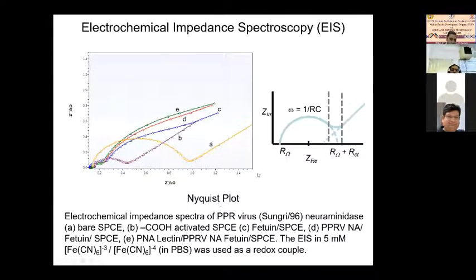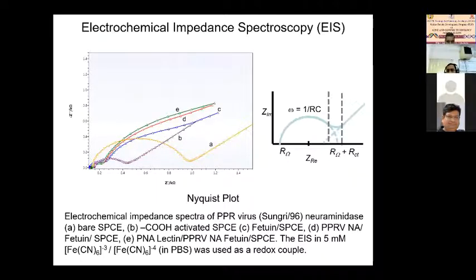The Nyquist plot tells about the resistance faced by the movement of the charges over this electrode, and it tells very specifically and very repeatedly the kind of resistance that occurs while having these interactions of the molecules. So it's not that sometimes we get one thing, sometimes we get another. It's always a very repetitive, very reproducible result. So this is the kind of plot that we get.